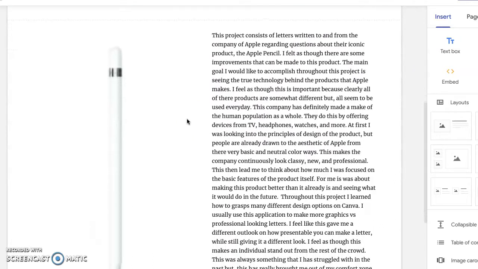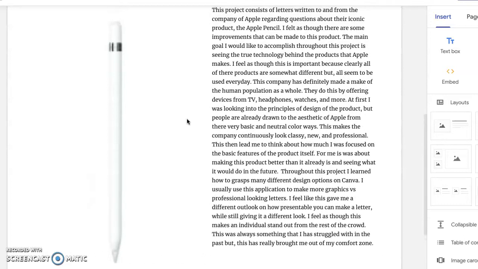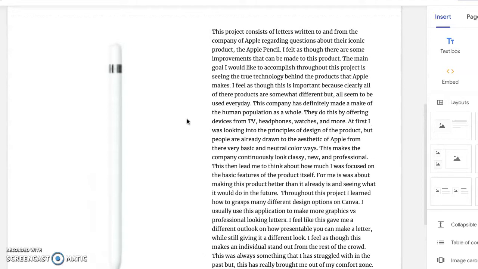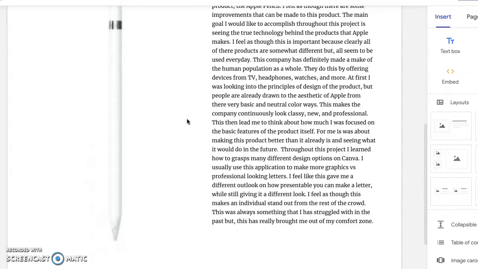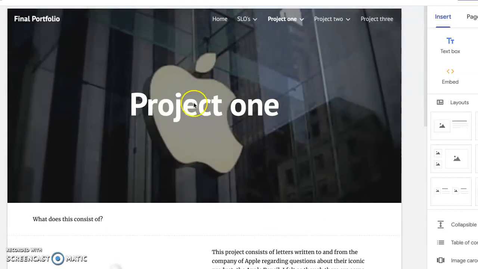different Apple products and things of that sort. This isn't something that I necessarily changed too much. I did fix a few grammatical and spelling errors in this part of my project, but we are going to